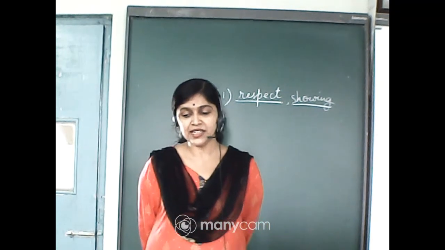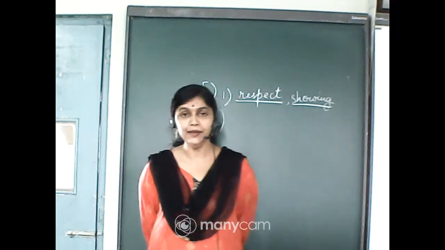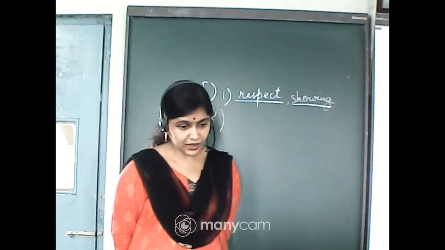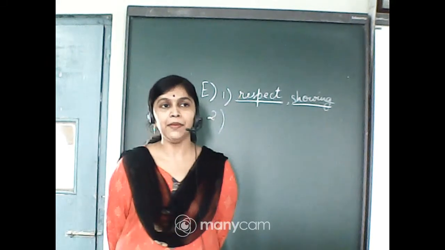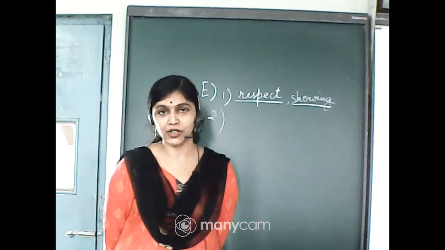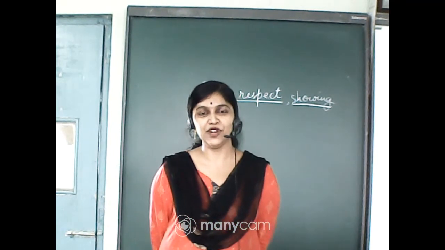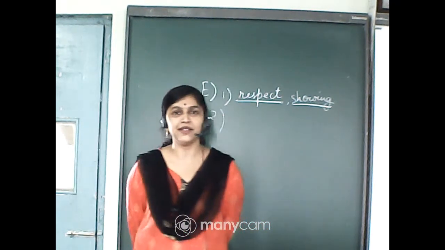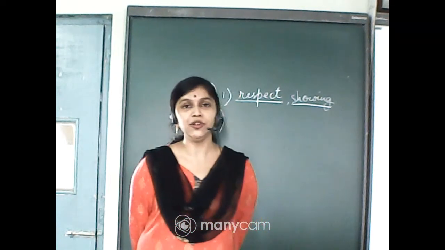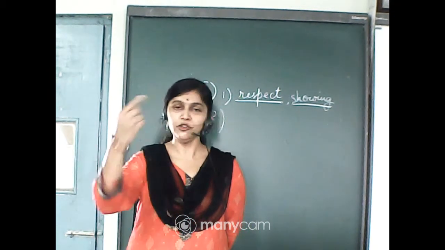So exercise E, let us do it very fast. Exercise number E1 will be what I have written. Why does not? If you think that Meena likes to be friendly with the naughty children, then you can write does. But generally nobody likes to be friendly with the naughty children unless they are naughty themselves, and nobody likes to show people that they are naughty. So the general habit of a person is not to make friendship with the naughty children. Okay. But if you want, you can write it.